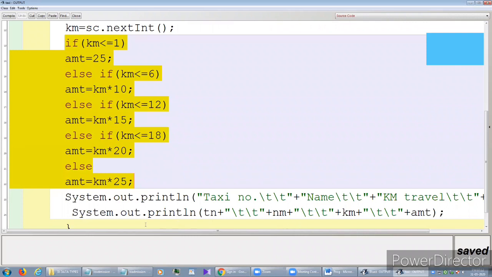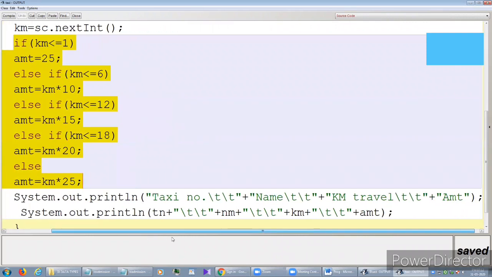Next one is very important, and we start using it here, which is the escape sequence. What do you mean by this escape sequence? You may note this: the escape sequence means